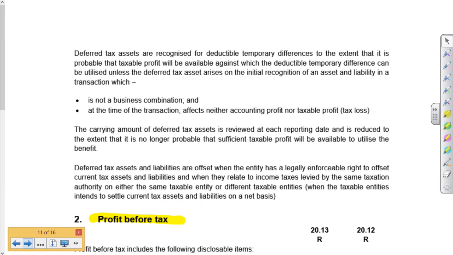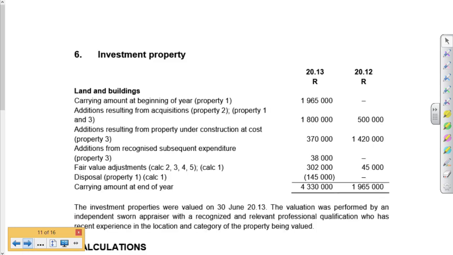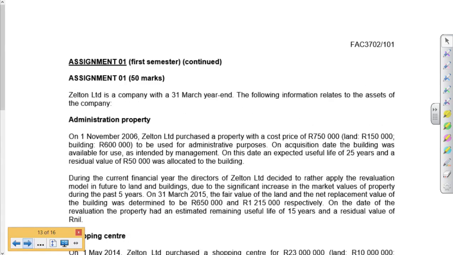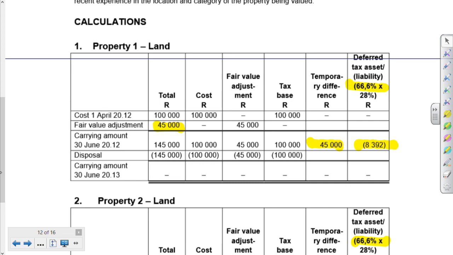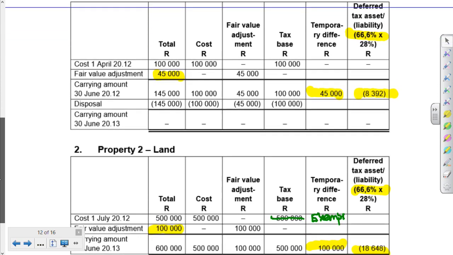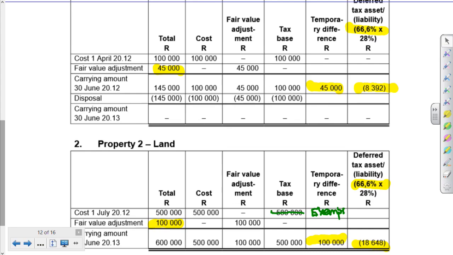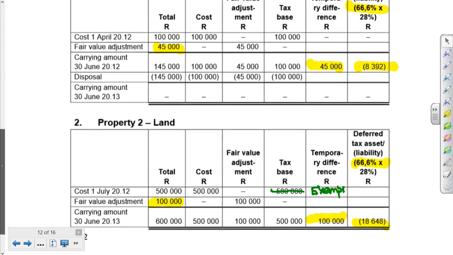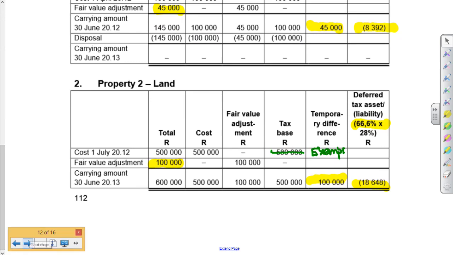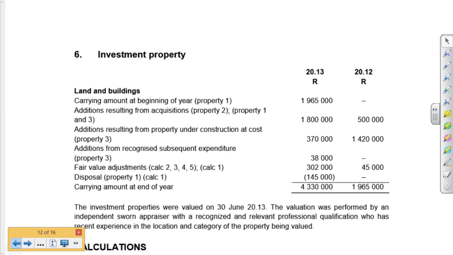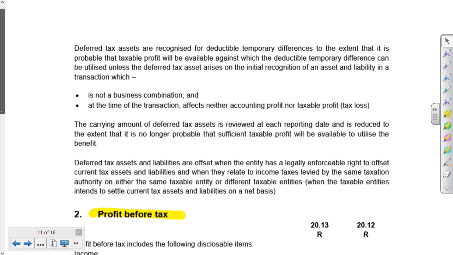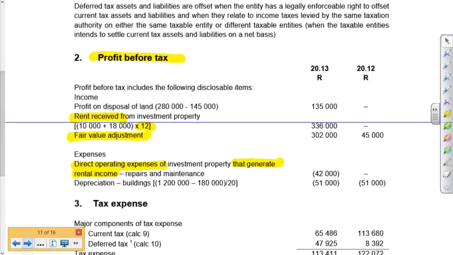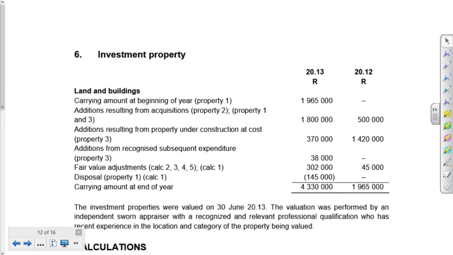Okay, let's have a look at the deferred tax in that question, the one that we just did. Sorry, I think it's below here. So this question that we just did had land, and it had. Here's an example of a question with land and buildings. Property 1, land. Property 2, land. Sorry, I think what I wanted to show you was, but let me show you that deferred tax calc,